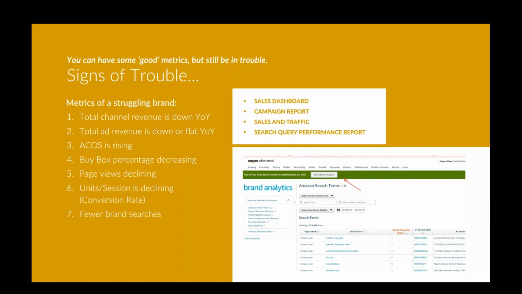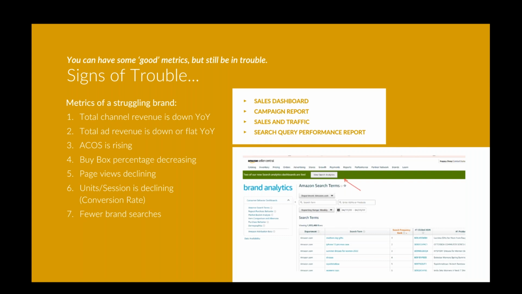You'll notice in the top right corner here, we throughout this presentation are including where we can find all these metrics that we talked through, because we know there's going to be a lot of them. So you'll see a list of where you can find all these, and we'll make note of which ones are which and how you can track them. So again, we can use the sales dashboard under the business reports to track our total sales, daily, weekly, monthly, whatever the time frame of interest is.